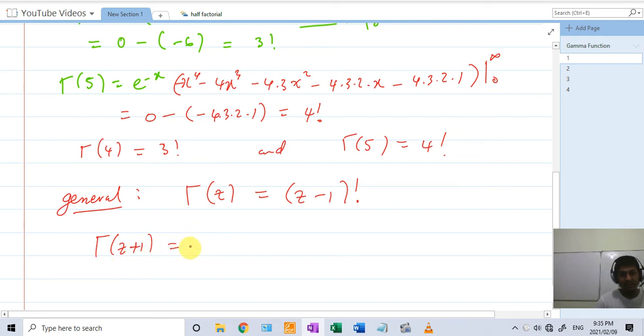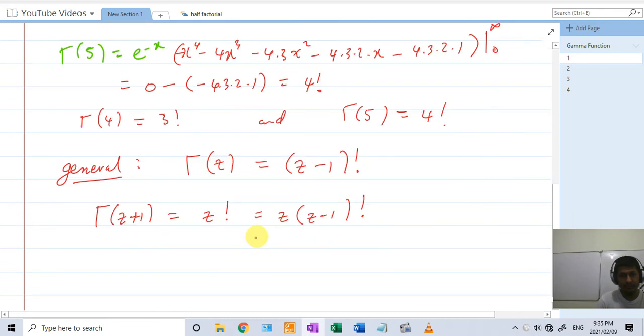So to find gamma z plus 1, we know that this is z factorial, but z factorial is also z into z minus 1 factorial. So which is z into gamma z. This implies